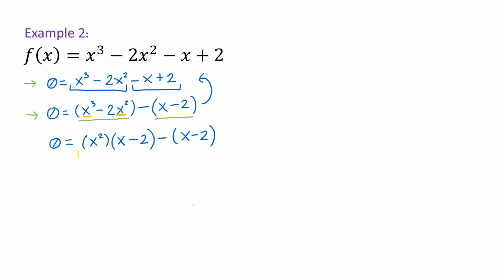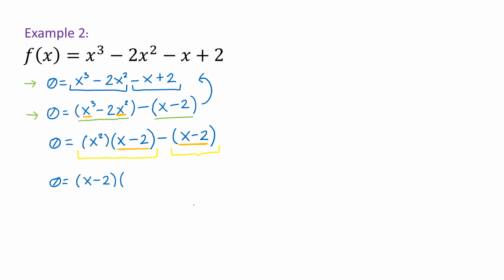We still have two terms. This is the first term, and this is the second term. But now I see that both of these terms have another common factor. Both of them have x minus 2. So now I can continue factoring by common factor. Let's write the next step. 0 equals, I write the common factor, x minus 2,